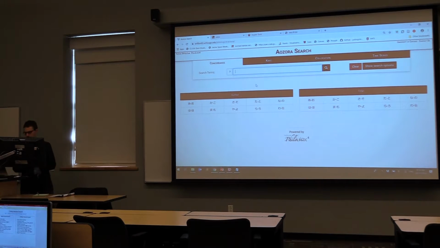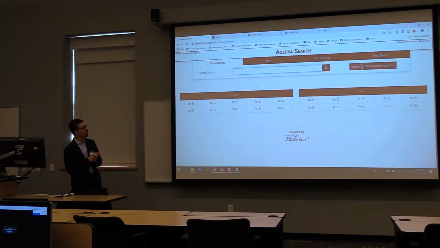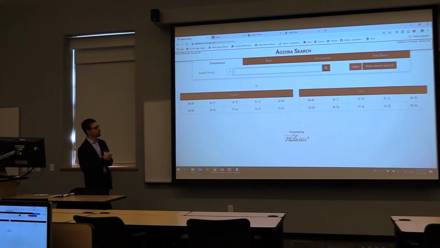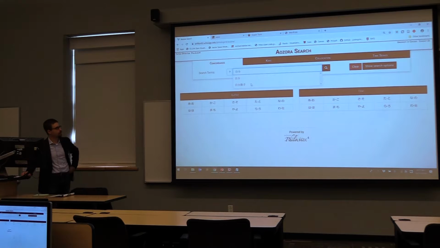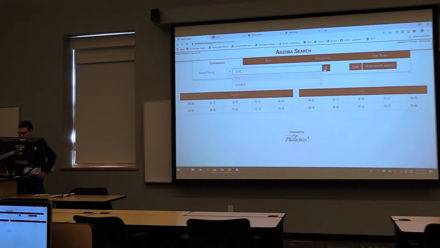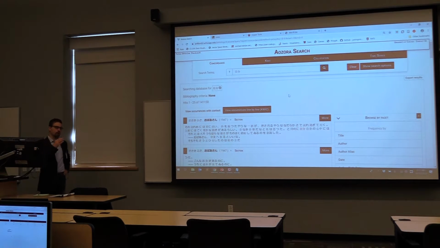So you should have something that looks like this. This is the landing page for the site, and I'll introduce you to the basic functions of the search engine. Let's start with a keyword for self, jibun in Japanese. If you put in that keyword and click on the little magnifying glass, it's going to go through